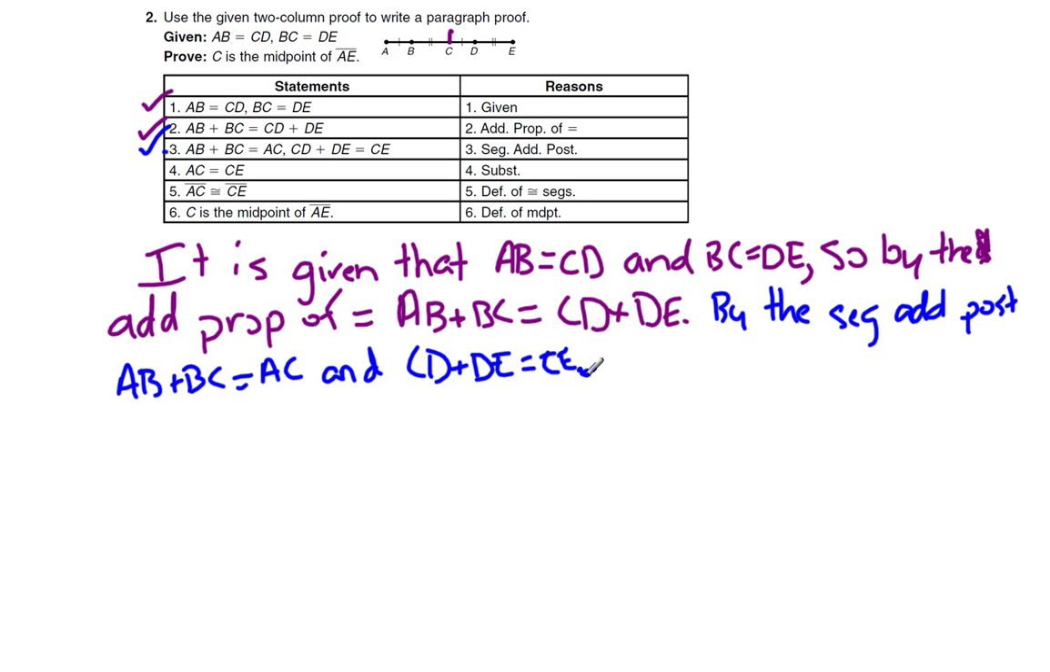Okay. So our next step says AC equals CE. Well, how did we get that? Because we know that if this is equal to this, right, then we can replace